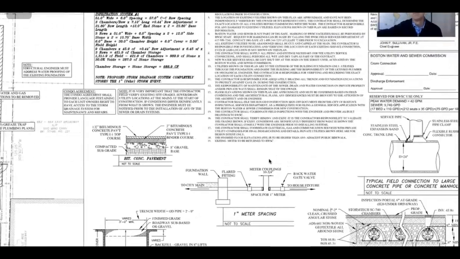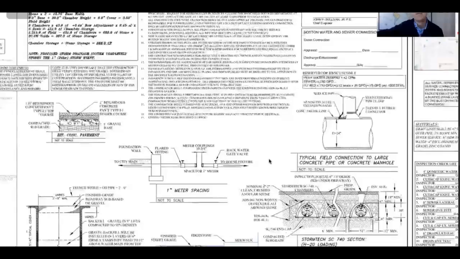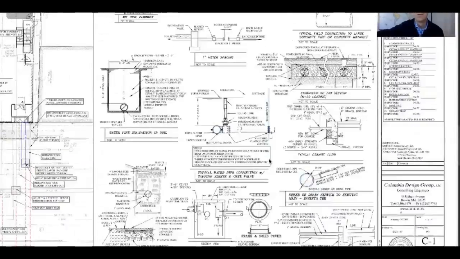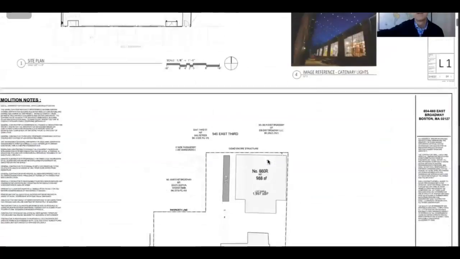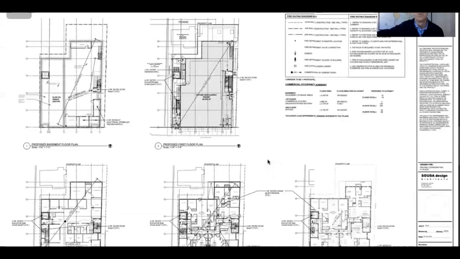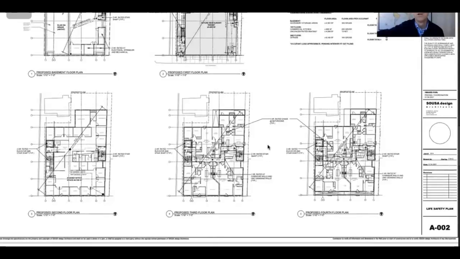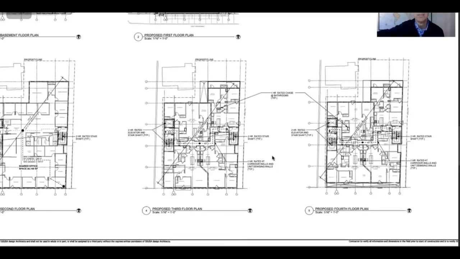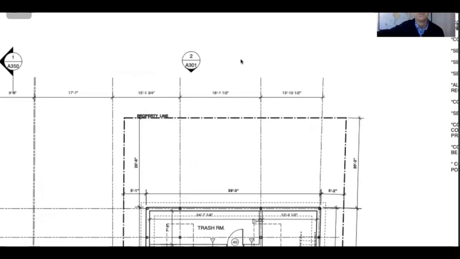So basically, again, blueprints are nothing more than the combination of a reference book and a map all in one with detailed information where you can find all of the information for the project that you're looking for. So before you ever start a project, you want to make sure that you read the plans cover to cover so you know exactly what's involved, exactly what all the abbreviations mean, exactly what all the reference points are, and where everything is pointing to in the plans so that you can find those details and know what you're looking at. For instance,